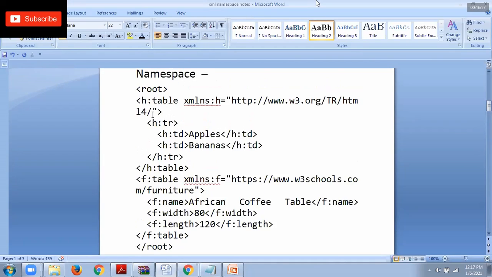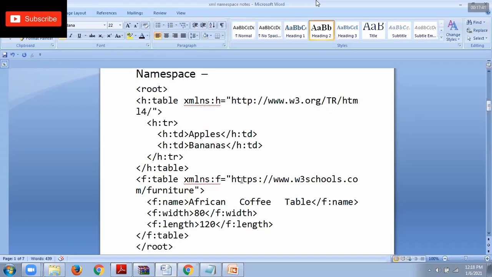Now I need to differentiate these two particular elements. So here I'm using xmlns followed by a colon, then followed by an attribute. Here the attribute used is h, which is nothing but hyperlink reference. So here I'm using some reference. The same way for the second element. Whatever the text you are entering in these double quotes, opening and closing of double quotes, that is nothing but your URL, which is used to identify the particular